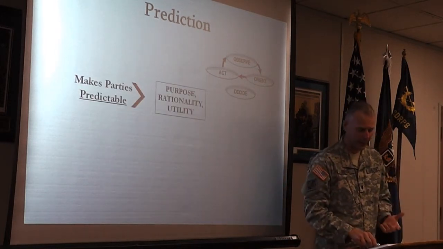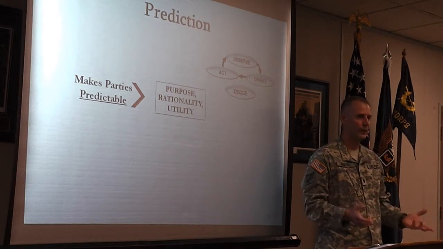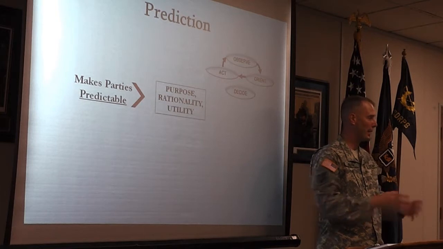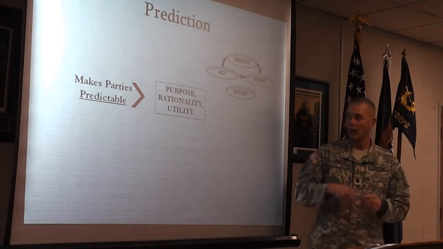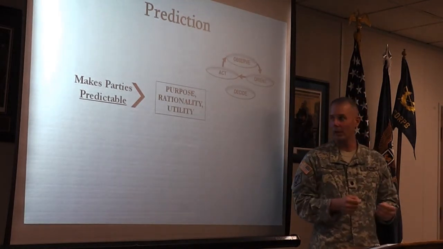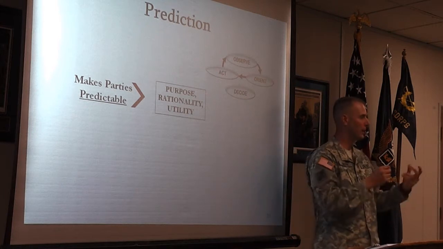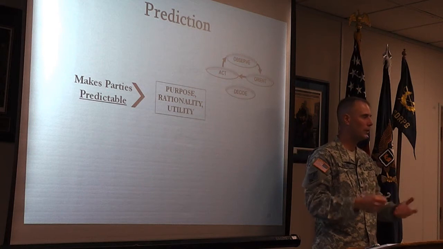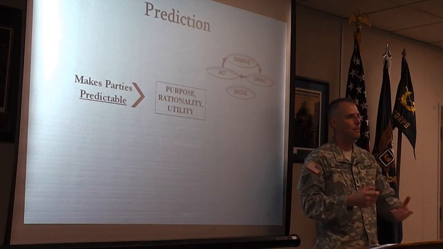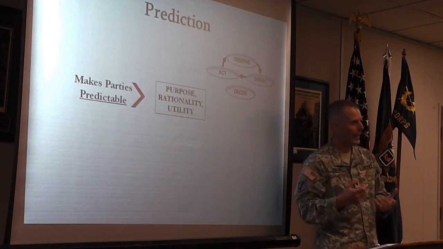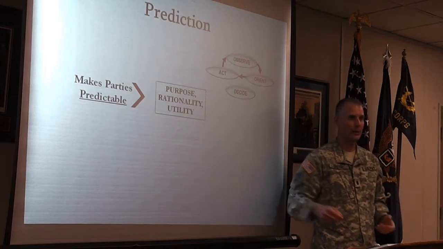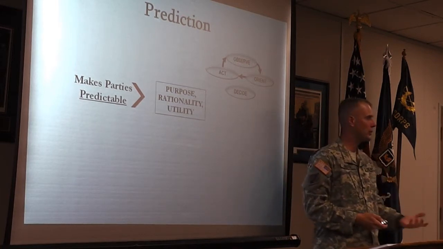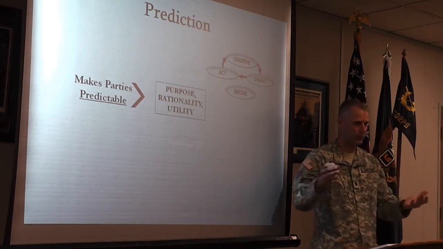How do you predict things? There's an entire field of game theory, which is subordinate to utility theory, which deals with how you can mathematically predict the way things are going to play out. What it's basically relying on, though, is the theory of utility. People do things because they benefit them. So if you know what their purpose is, what's their agenda, what are they trying to achieve? All right, if I was trying to achieve that, what would I do? And you just kind of play it out from there. So it's really just understanding what would a rational person do in that situation. And you play things out.